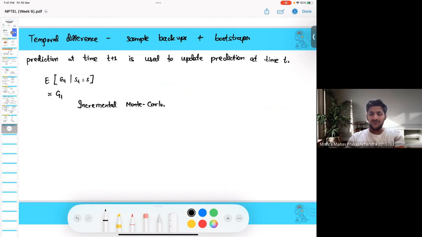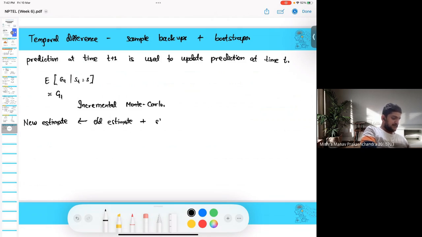Now we are again going back to what we did at the beginning of the course, in week 2, when we started with multi-armed bandits. I discussed in great depth what we mean by stochastic averaging. It's a very simple formula. I'll again write it down. My new estimate is basically the old estimate